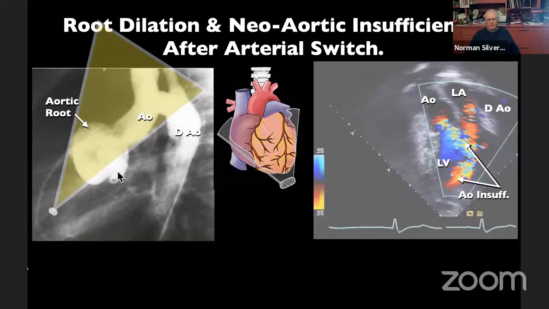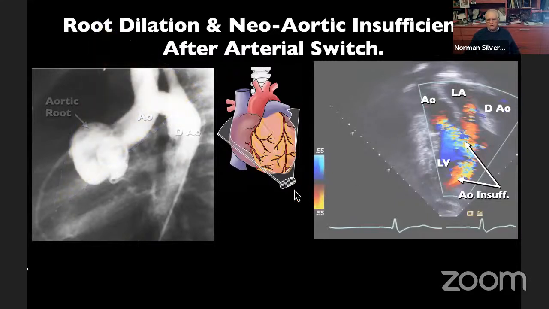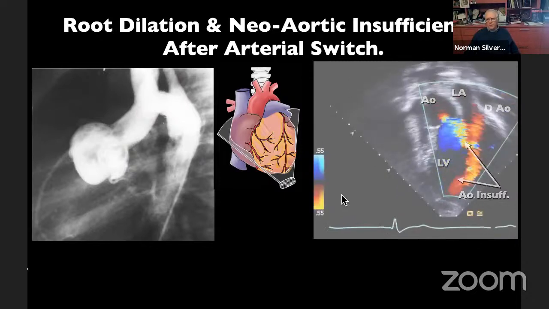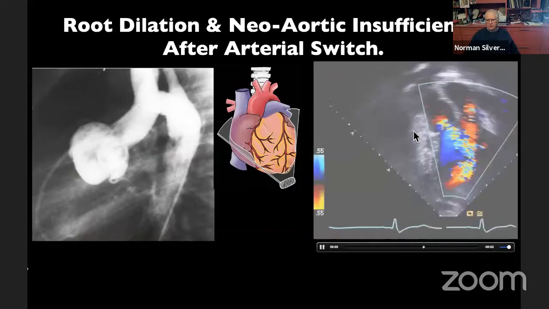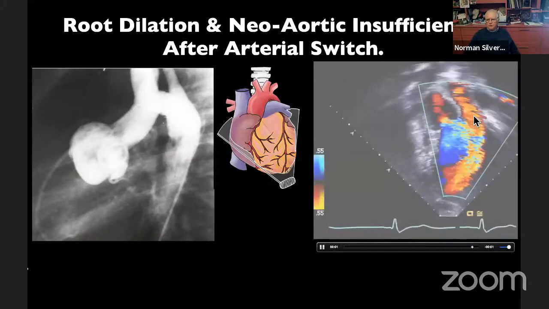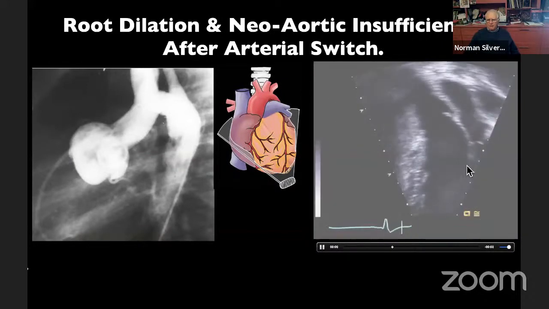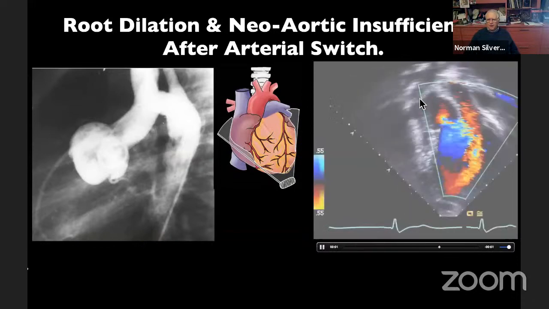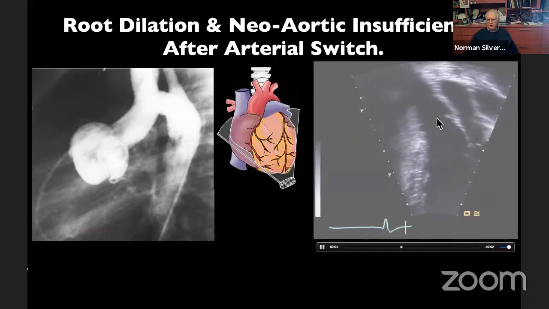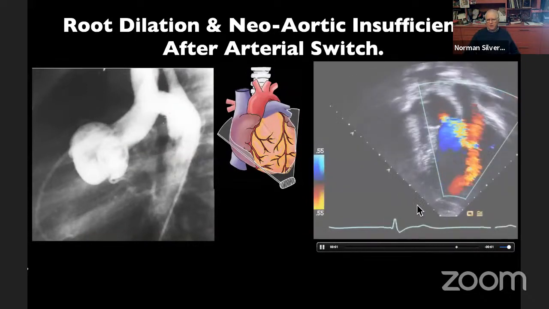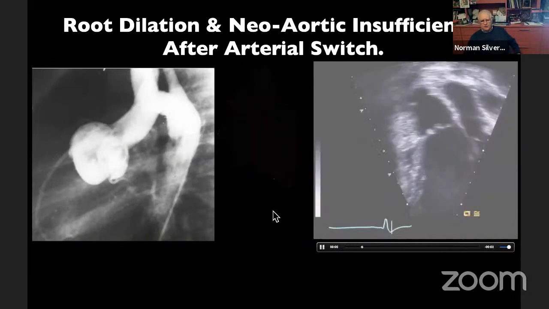And the late development of aortic root, neo-aortic root dilatation here that occurs together with pulmonary insufficiency, which is a complication that usually occurs when there is a ventricular septal defect and massively enlarged pulmonary artery. So you see here right atrium, mitral valve, you see the dilated neo-aortic root, you still see the suture line, but you see a fairly substantial amount of neo-aortic insufficiency.